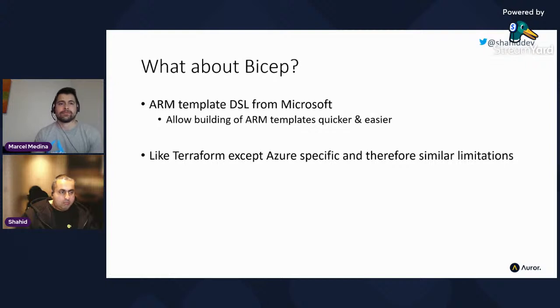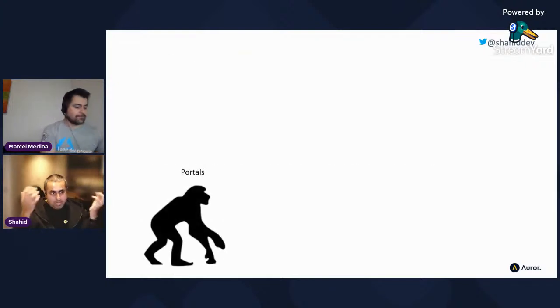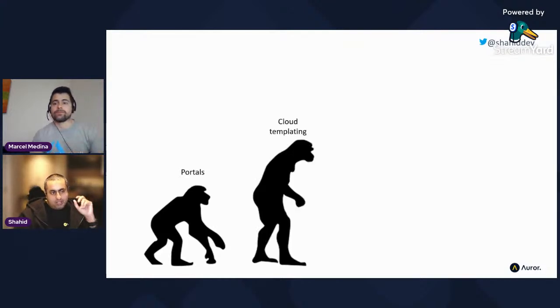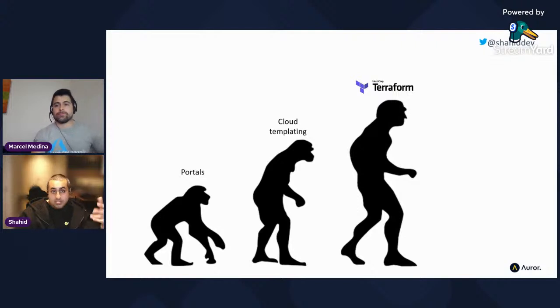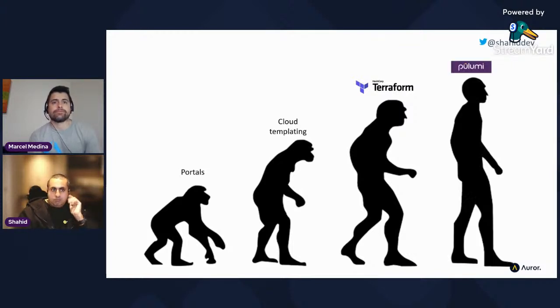So really, the way I think about this when I put it into context is that when you first start on this journey, your evolution of your cloud infrastructure, you start with the portals, and that's arguably quite primitive. They still have a lot of value, by the way, don't get me wrong, but it is a starting point. And then you mature a little bit, you evolve a little bit, and you start using those templating languages, and they're great. I personally think Terraform is a step up from those cloud languages, and I guess Bicep is testament to that. But really, Pulumi changes that. You're now evolved into a fully upright Homo sapiens.